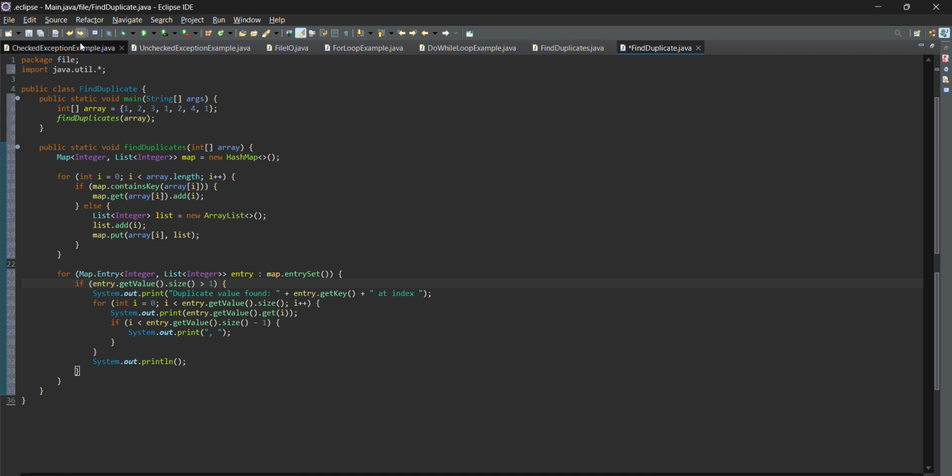First, I'm going to discuss the package file. The package declaration declares the package for the code. Packages are used to organize related classes. The name of the package is file, so you would need a folder named file in your project source directory for this to compile correctly.